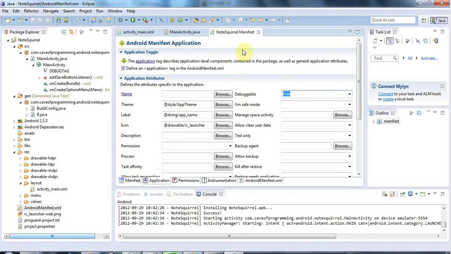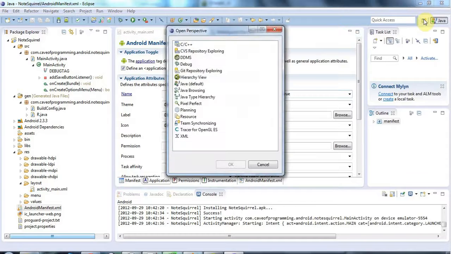Now to actually see those messages, I'm going to use a tool. I want to view the output of something called Logcat, and Logcat is actually a system for drawing together all the debug messages and displaying them in one place. And to view Logcat output, I'm going to use the Dalvik Debug Monitor Server, known as DDMS. And if you click on Open Perspective up here in the top right corner, you'll find that the Android development tools have actually installed this DDMS perspective. So I'm going to open that,